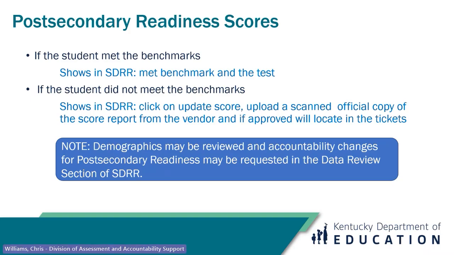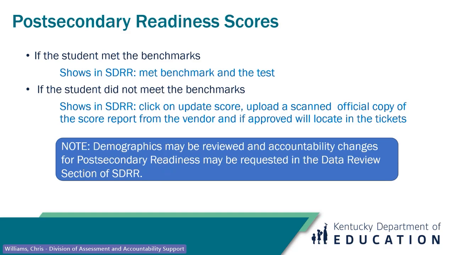Now, there are no non-participations for post-secondary readiness. All students who receive a G code in Infinite Campus are included. So I just wanted to make sure that you knew that particular one because, just like some of the changes for cohort that I talked about, there are some differences for post-secondary readiness.